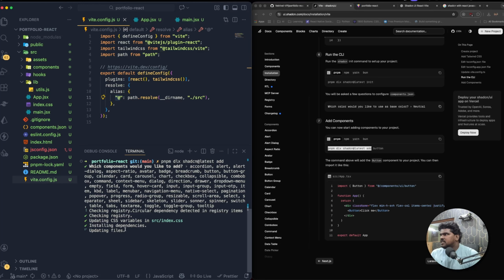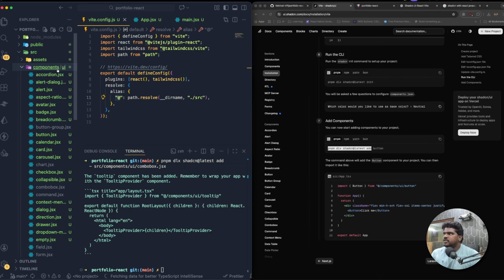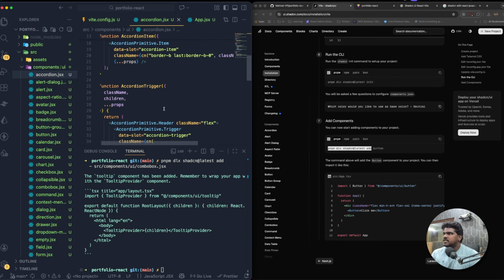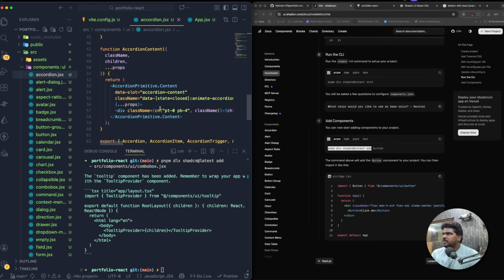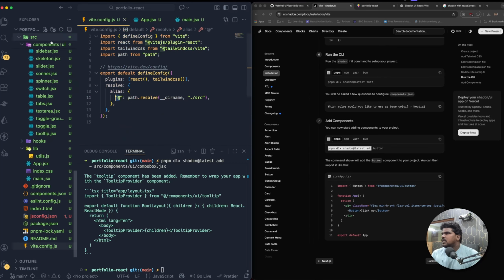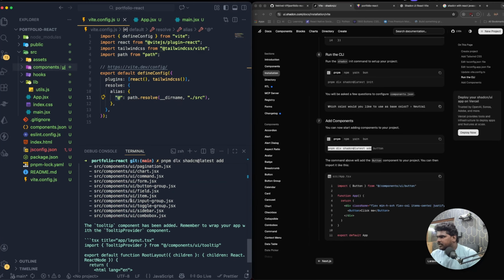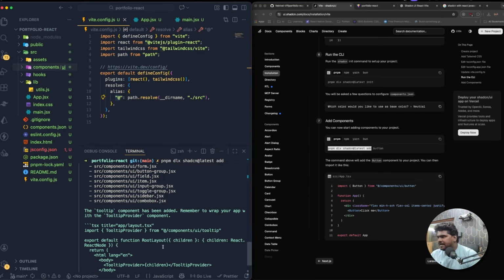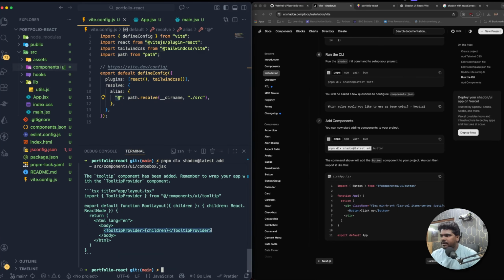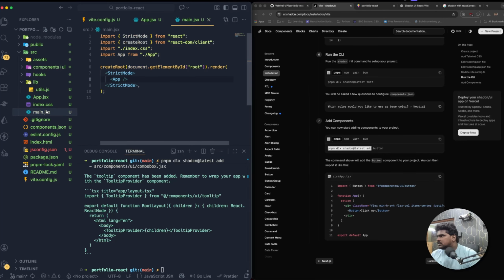Installing all the dependencies. And inside the source folder you should be able to see the components, and inside the components you should be able to see the accordion.jsx. See, all these components have been successfully added inside your components folder, right? So now we have all those components over here. Okay, and the tooltip has been added, but it needs the tooltip provider component. Anyways, we're not going to use that tooltip provider. Let's check that out, as well as in the